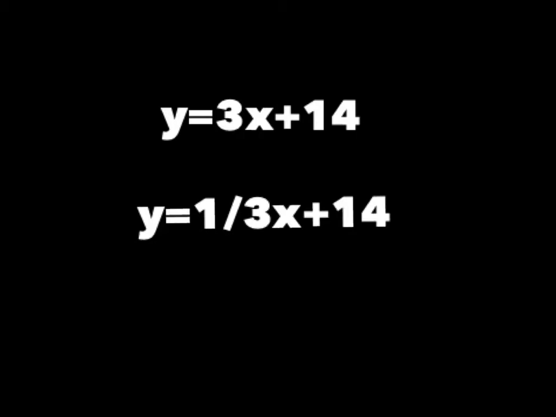When we put both equations next to each other, now that they're both in slope-intercept form, we can see that the first equation's slope is 3x, and the second is 1/3 x. To be perpendicular, the second equation must be the negative reciprocal slope of the first equation. And 1/3 is not the negative reciprocal of 3. The negative reciprocal of 3 is negative 1/3. So these two equations are